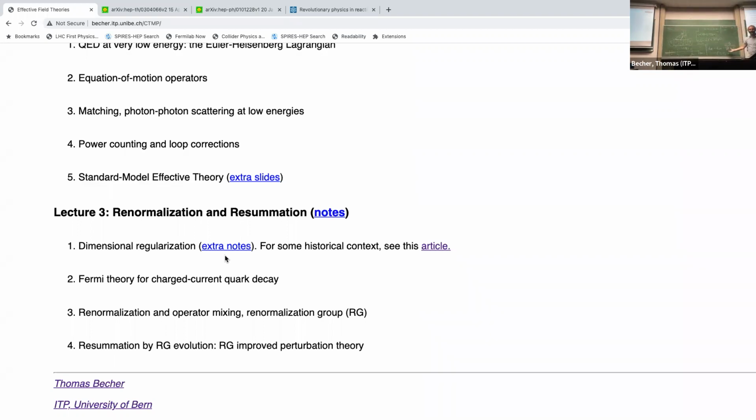Even though I'm not really computing the diagram, this was strategically chosen in such a way that C1 is 1. I've factored out exactly the thing so that this is just 1 and the other one is 0. So matching at the tree level: C1 is 1, and C2 is 0. All of these are always plus order alpha s corrections.